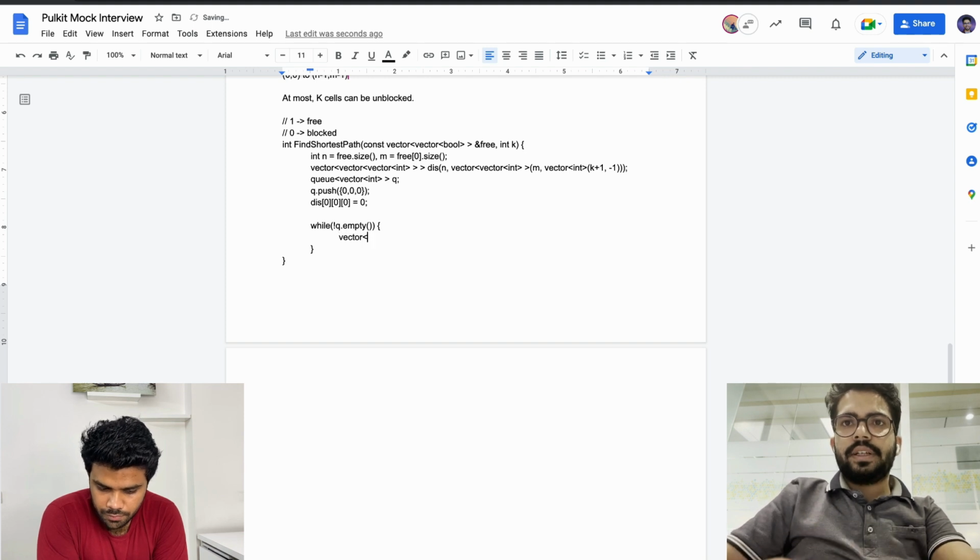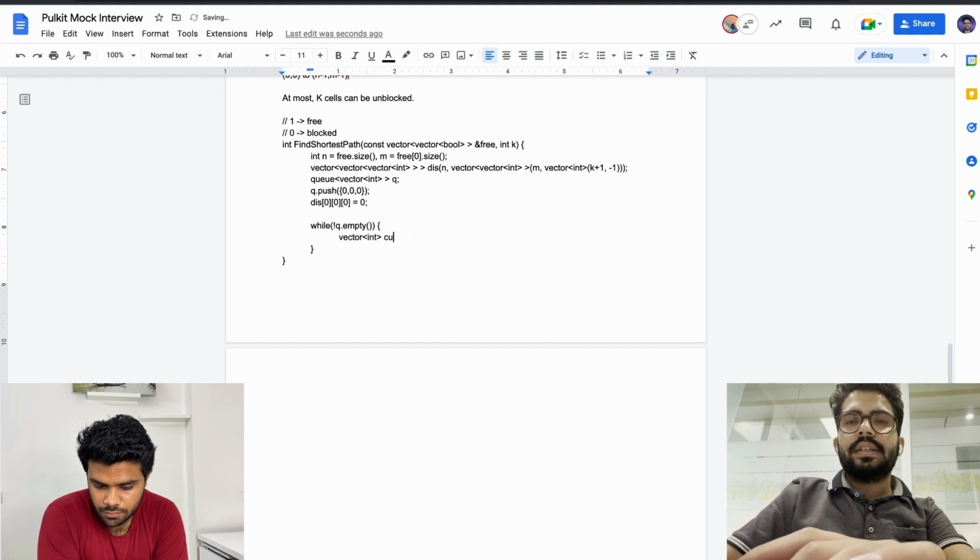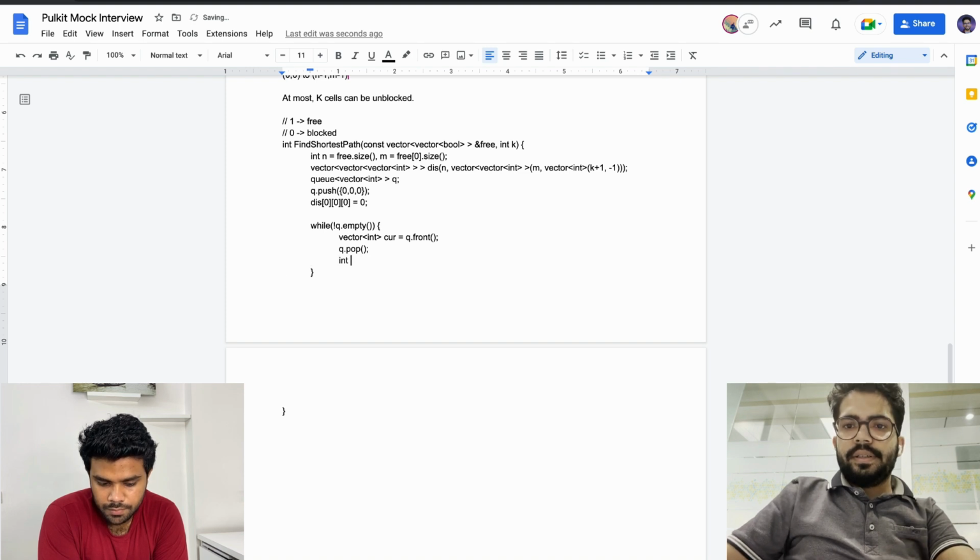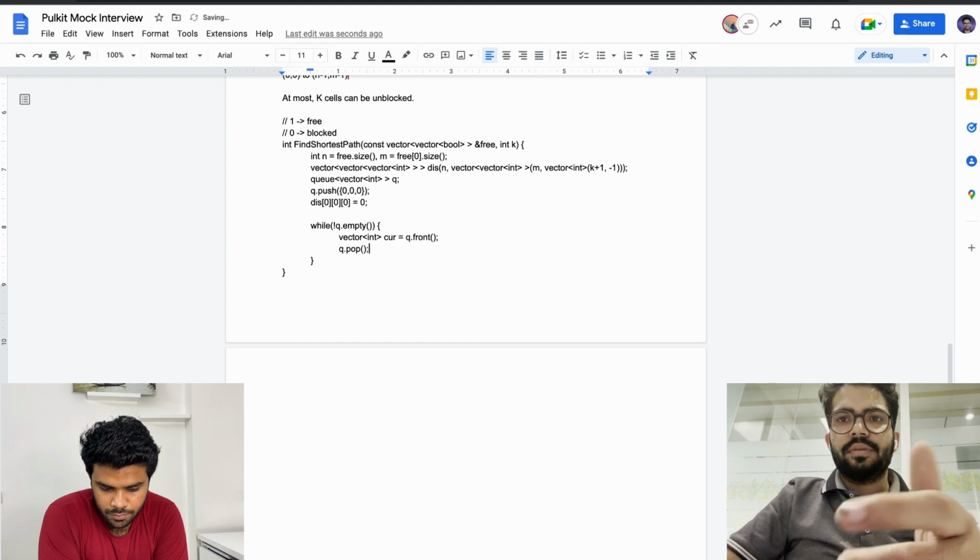Let's call it vector of int current, equal to Q dot front, and let's pop it, Q dot pop. Let's have current I equal to current of 0. I think we can just have it as current of 0 later on only.